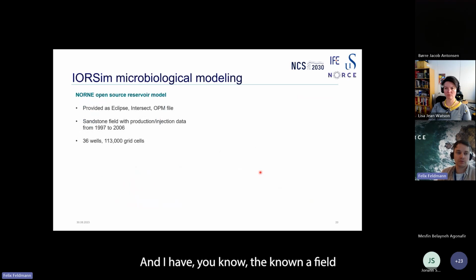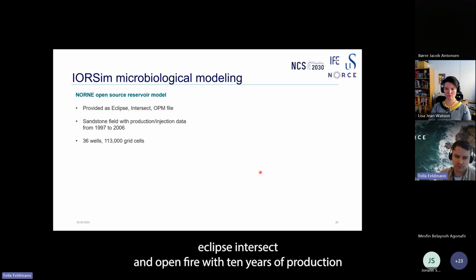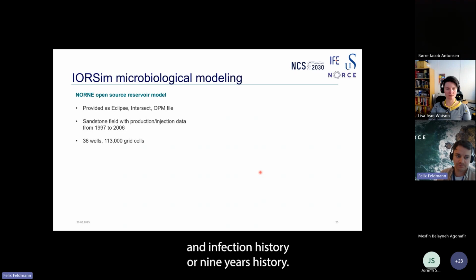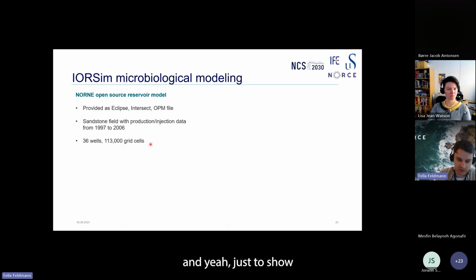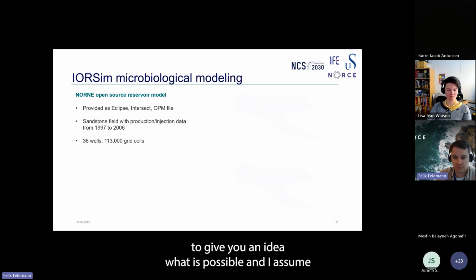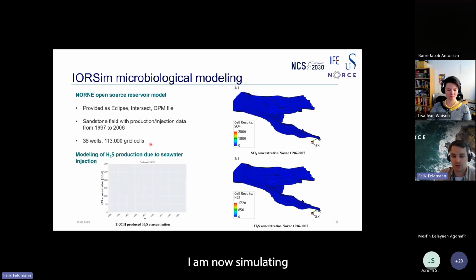I have used the NORCE field, which is provided as an open source Eclipse, Intersect and OPM file with 10 years of production and injection history, or 9 years history. And this open source reservoir model has 36 wells. And just to give you an idea what is possible in IORSim, I have